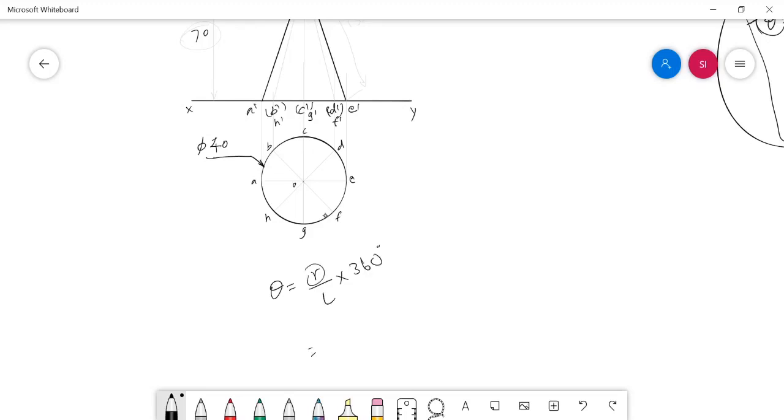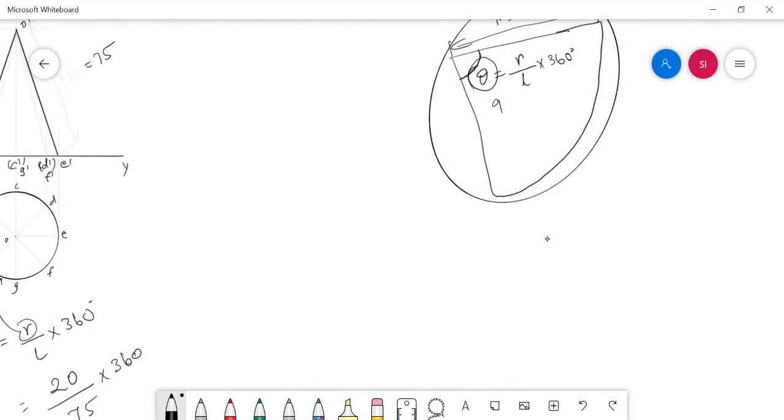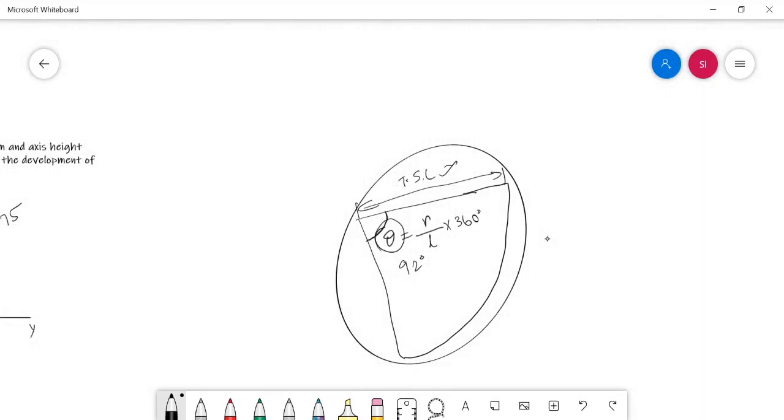R is the radius of the base circle, which is 20 mm, and the true slant length we assumed as 75, into 360, then the value will be 92 degrees. So the sector angle theta is 92 degrees, and the true slant length we assumed is 75 mm. By using this data, we can draw the development of this cone.